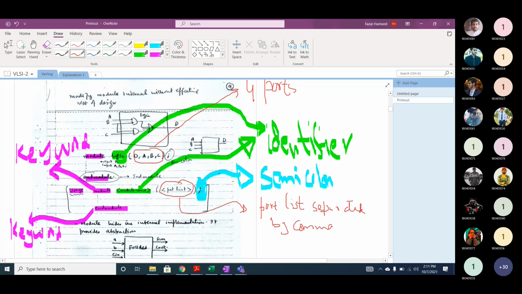Any other module can be connected to this module through what? This is the logic module, and if we design another module, let's assume logic 2, how can we connect these two modules?